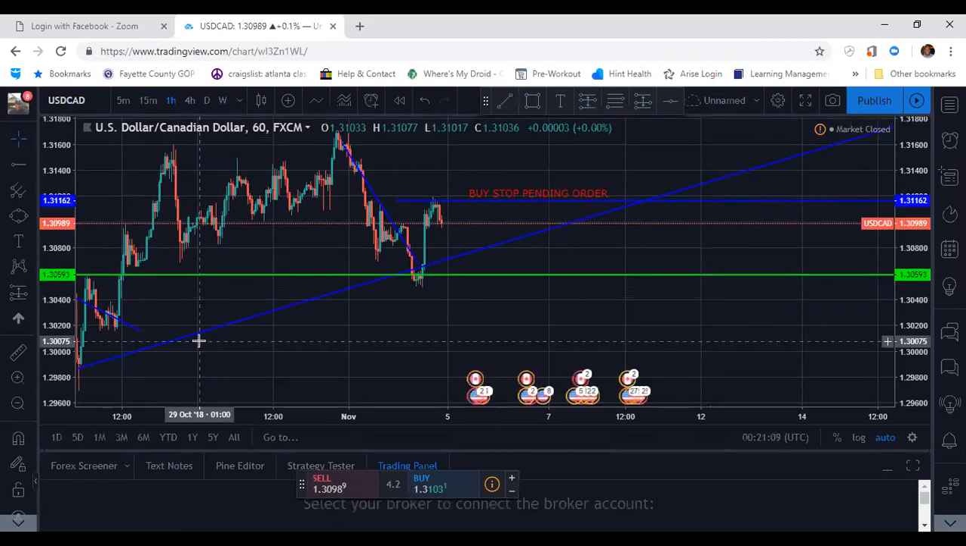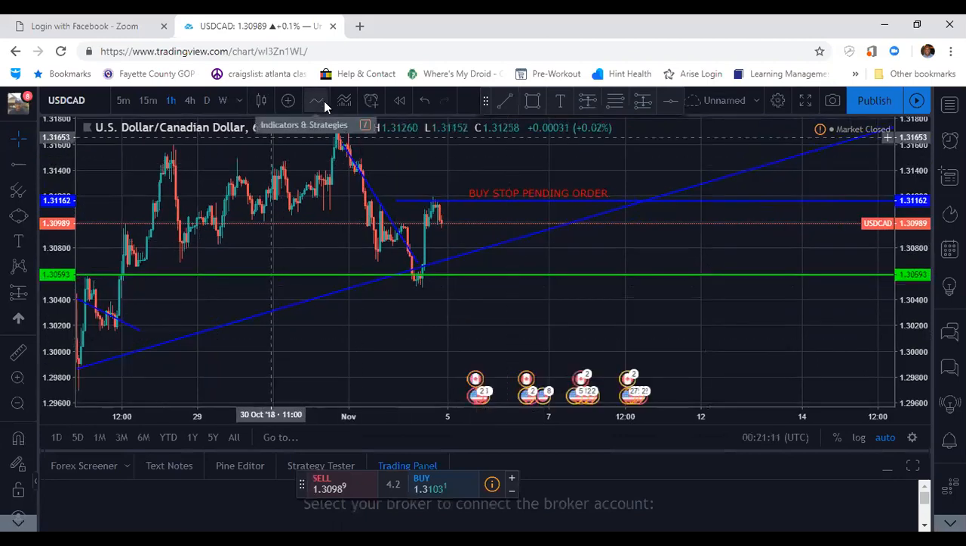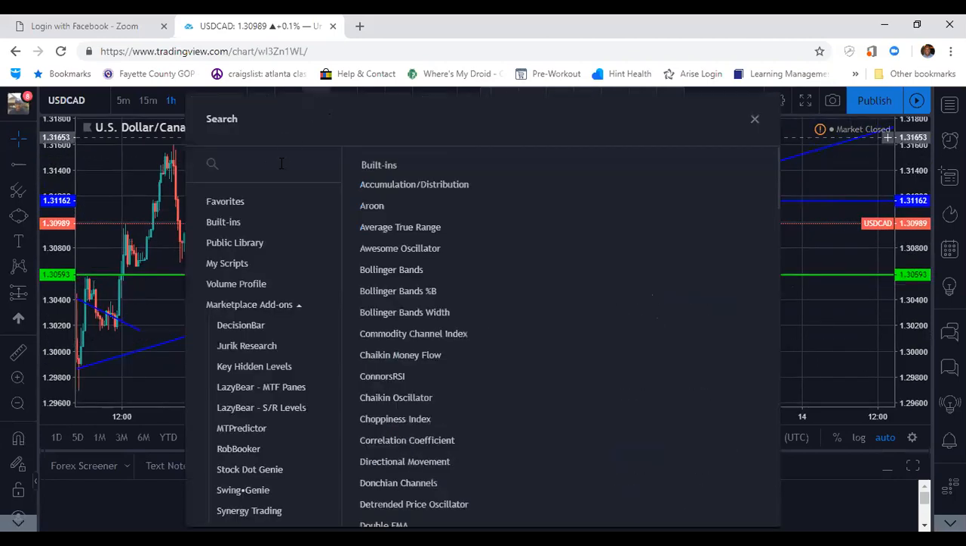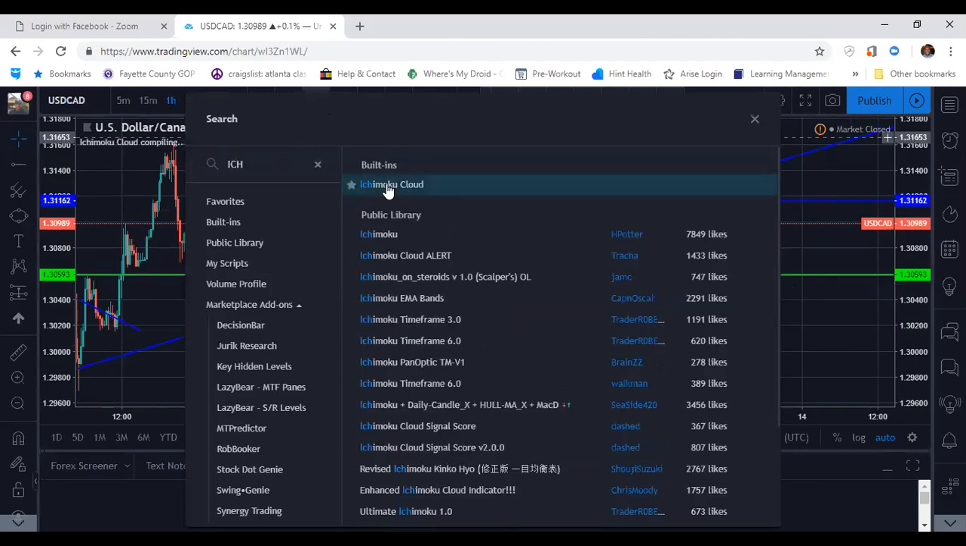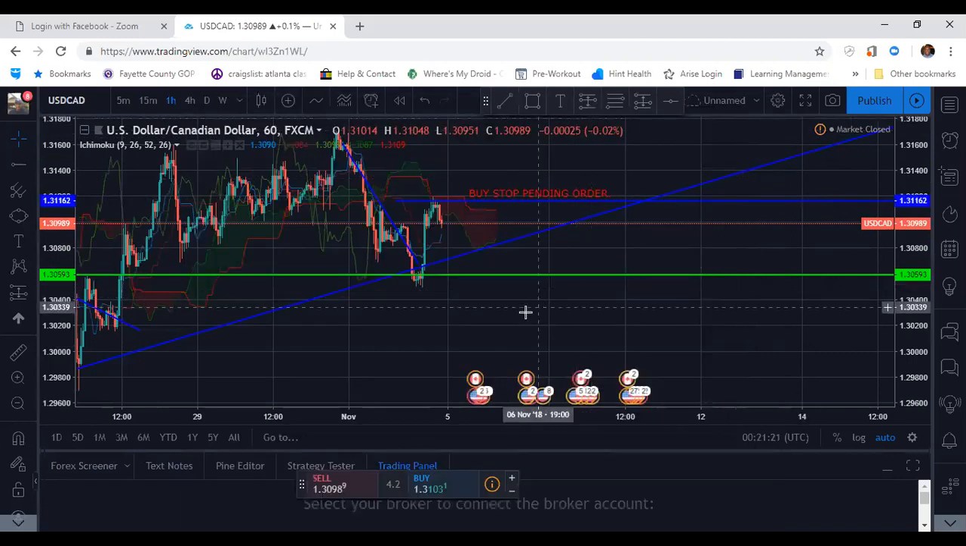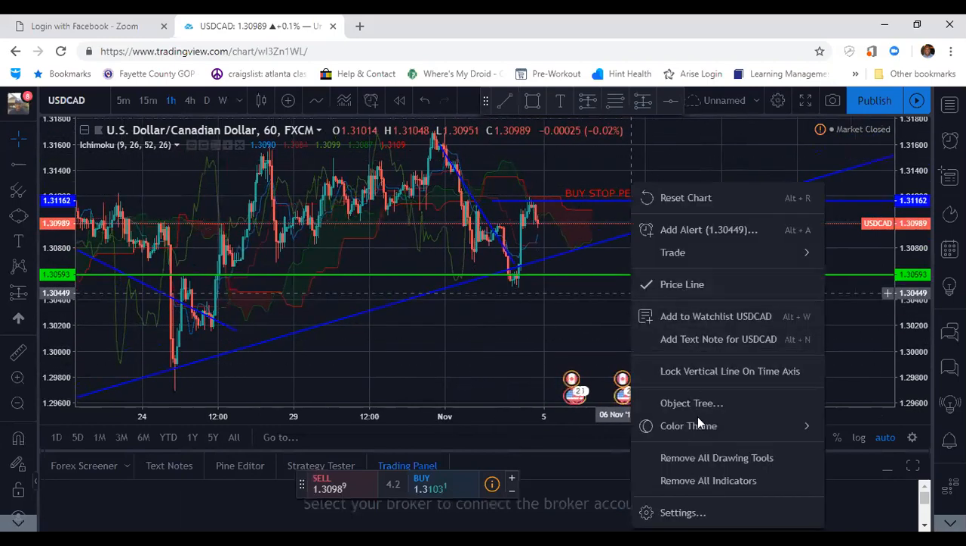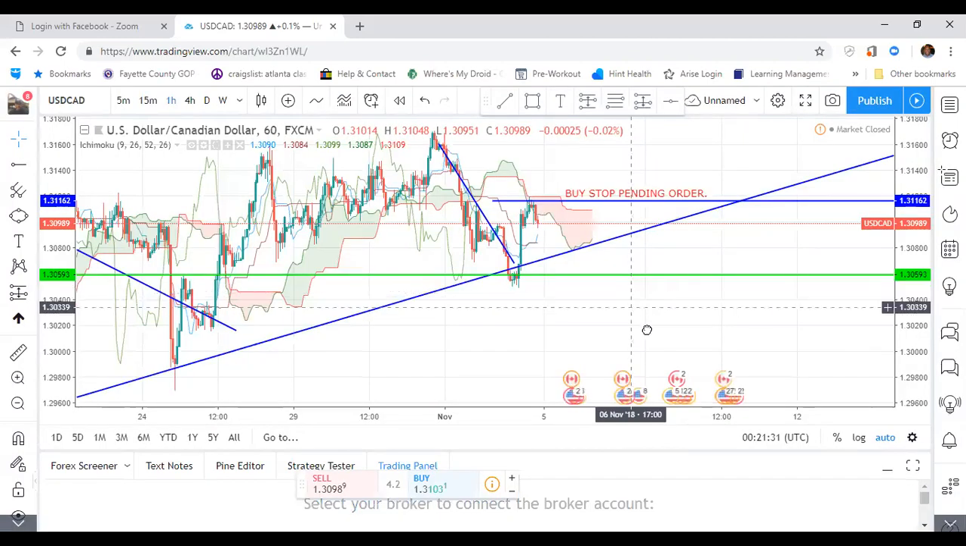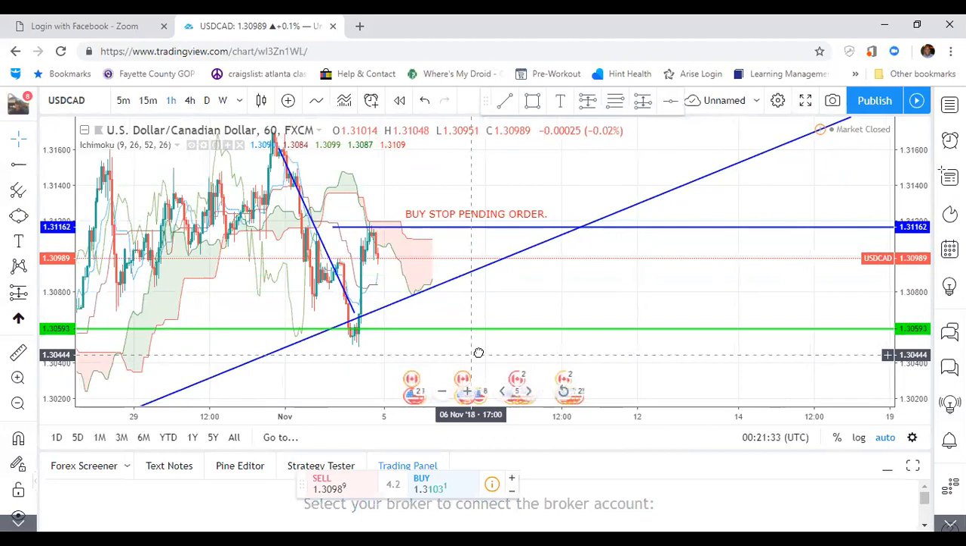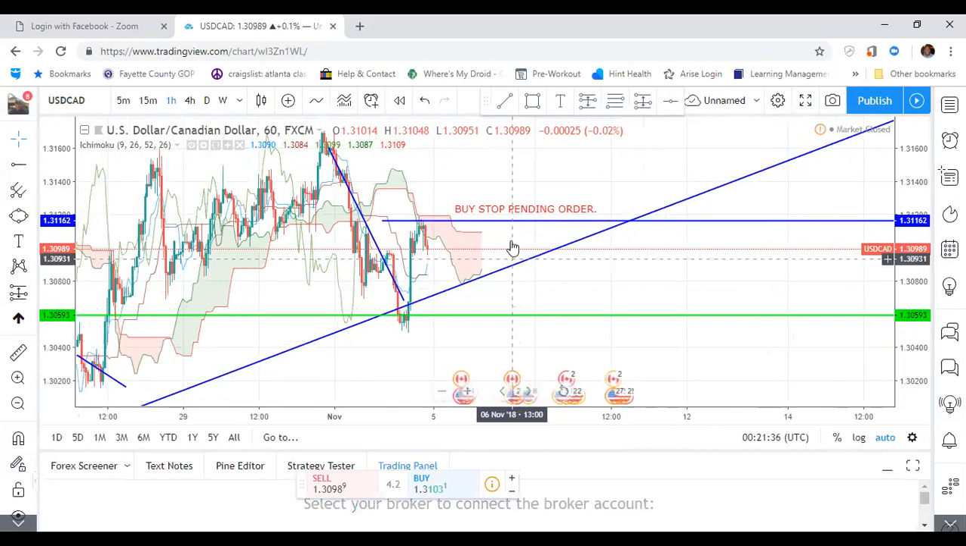Let's look at the cloud. I know the Ichimoku cloud. Okay. All right, let's see. Let me switch back to white because I know that's easier to see. Okay. Oh, what is that? All right,